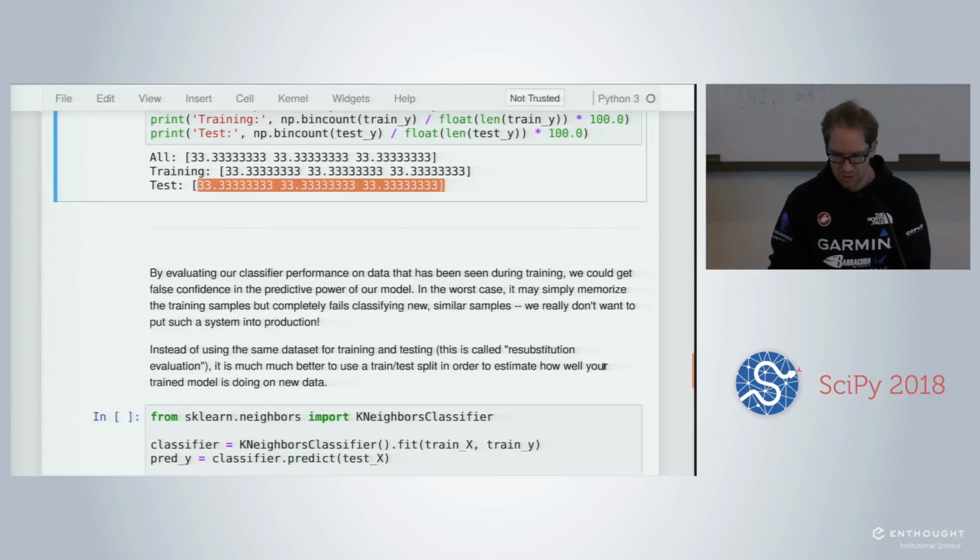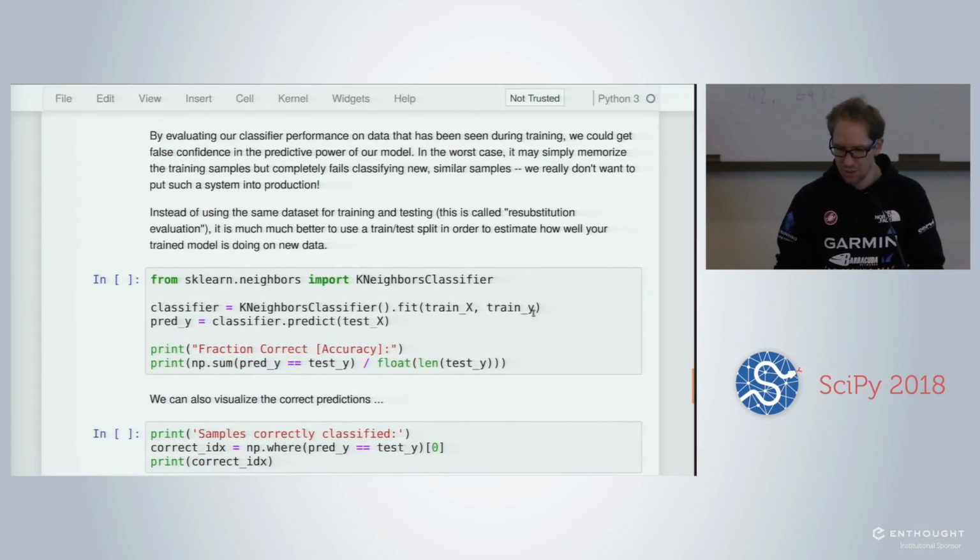So we can first check what the proportions were. For instance, here is the full data set. We saw that we have 50 examples in each, which represents about 33.3% of the class 0, the second class and the third class. So this is highly balanced, I mean, completely balanced. And once we make our splitting here, we see that we have 30% of the first class, 40% of the second one, and 30% of the third one.